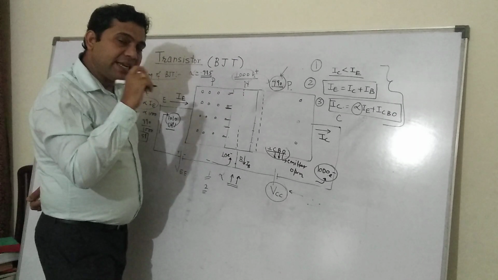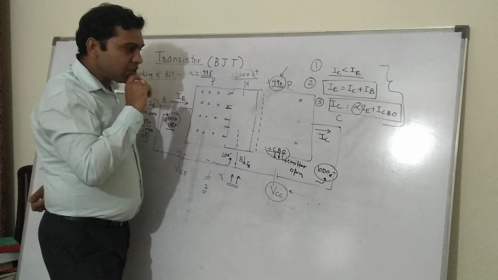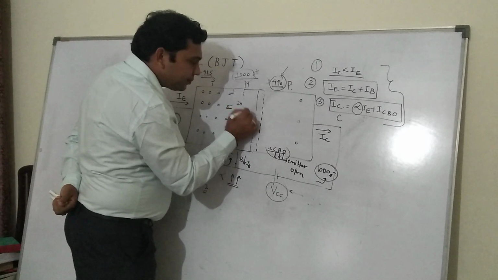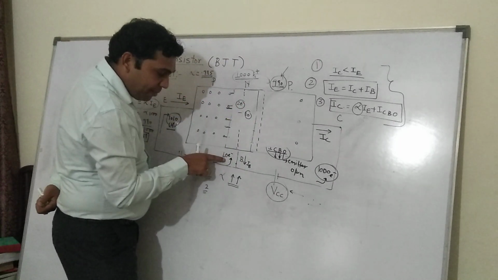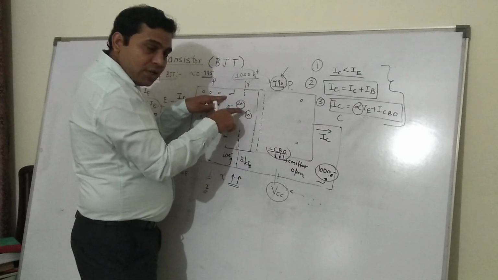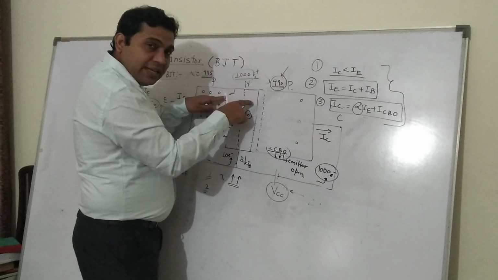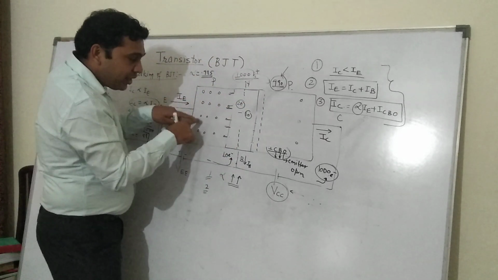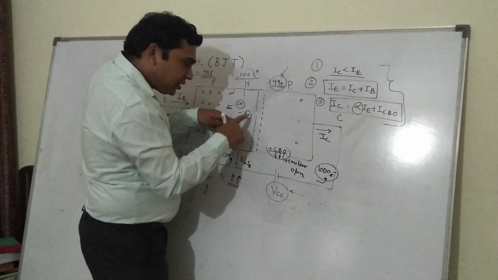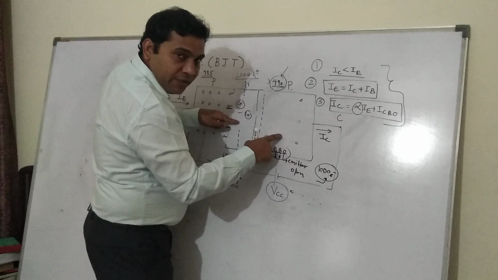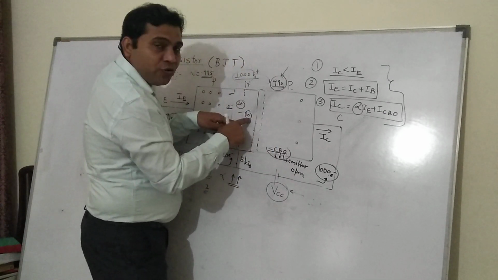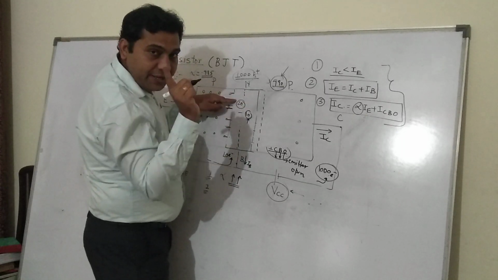Now, the second thing, what do you think about the base current? Whether the base current will increase or decrease? So the base current was coming from where? The 20 minus 10 was the base current. Remember, I have made it 10 electrons, 20 minus 10. So 10 holes were recombining here with the electrons. So basically they are making 10 less electrons, and the 10 electrons were going here. So basically this number 20 comes, and because of ICBO, 5 electrons are coming here and 5 holes were going from base to the collector. So total, the increase in the electron was 10, the decrease in the electron was 20.